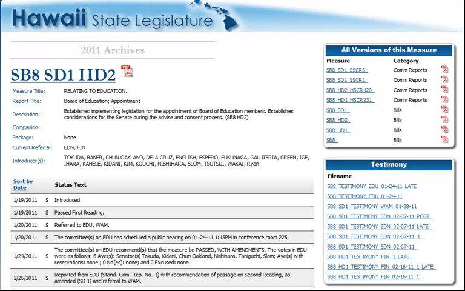Actually, quite a number of people have package bills in the legislature. This would include the prosecutors and the counties. So if there's a bill that is a direct identical version of this bill, it would be listed as a companion bill. If it's part of a package, it would be listed on this next line. And we can see there's no companion bill, there's no package.